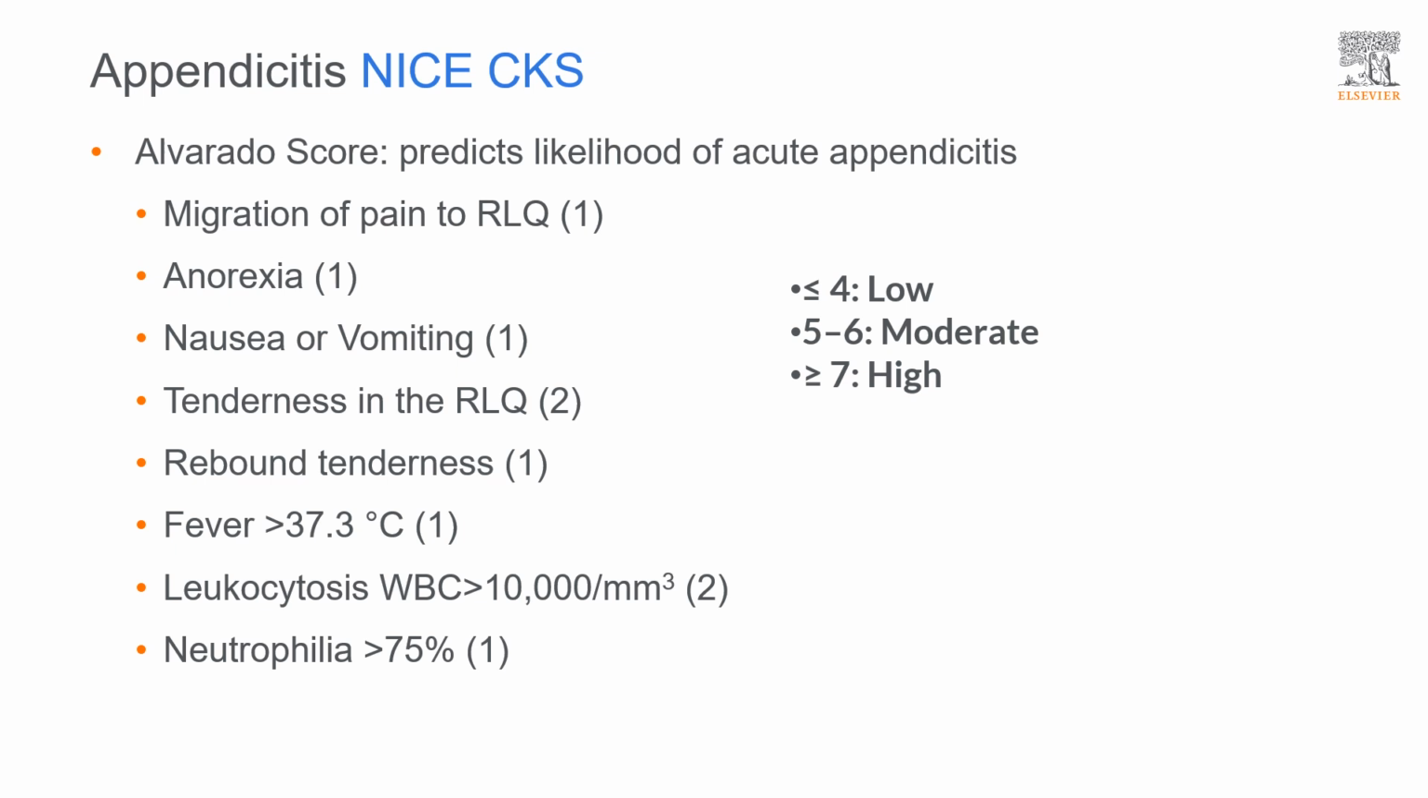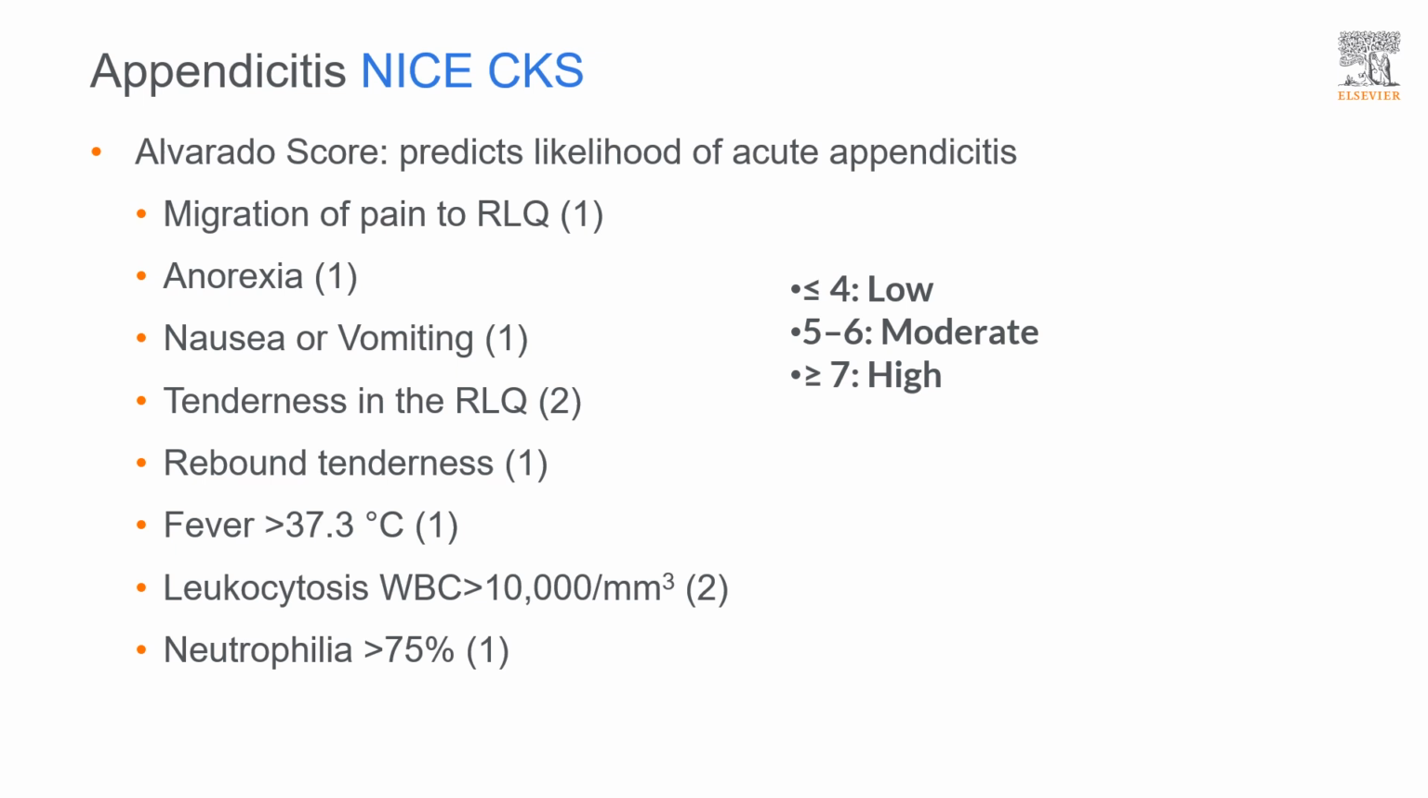So the correct answer, the Alvarado score, predicts the likelihood of acute appendicitis, which is the underlying diagnosis in this case. The Alvarado score offers points for clinical features and laboratory findings, which suggests an increasing likelihood of acute appendicitis with an increasing score. You get points for migration of pain to the right lower quadrant, anorexia, nausea or vomiting, tenderness in the right lower quadrant, which scores 2 points as it is particularly suggestive of this, rebound tenderness, a fever above 37.3 degrees,